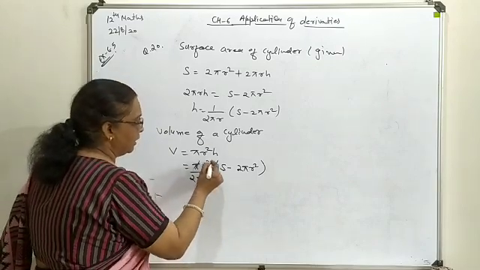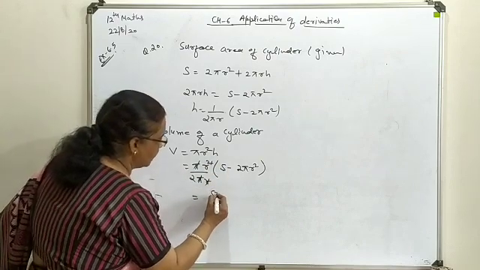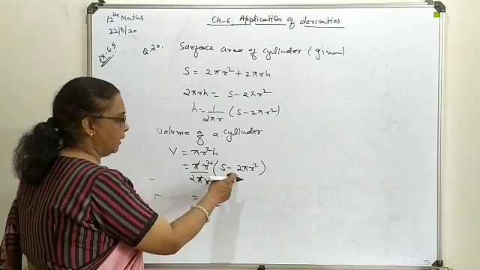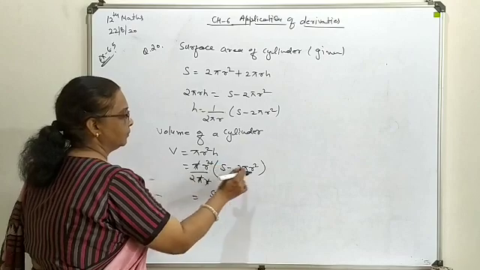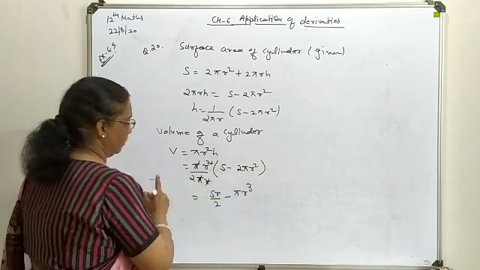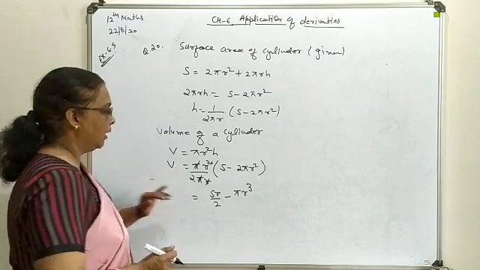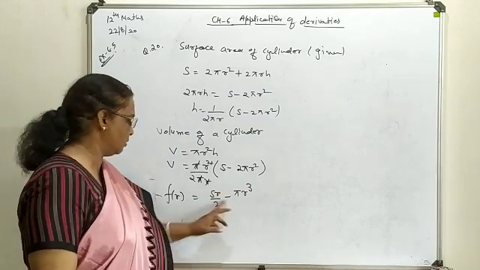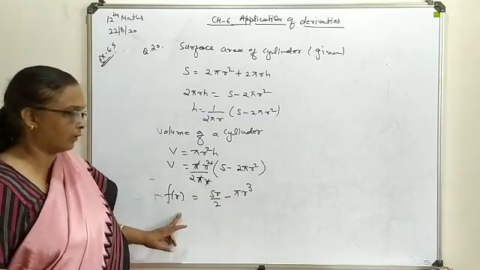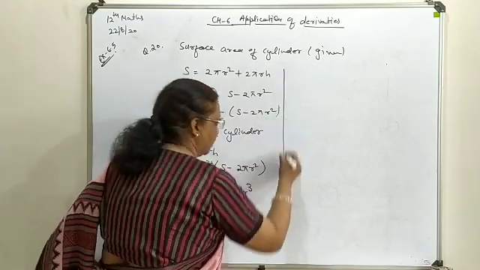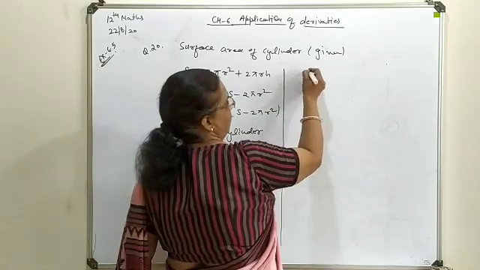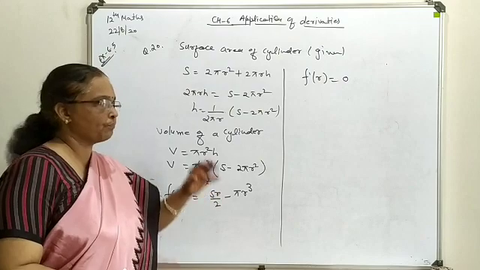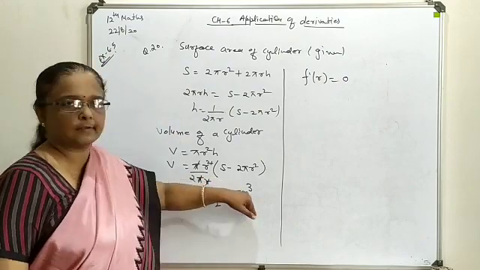Pi cancels, one r also cancels. So here you will have s r upon 2 minus, if you multiply, this 2 will cut, pi r cube. Here you can see the whole function will turn in the form of r only, so it can be considered as a function in terms of r. Now further find its first derivative. I am just telling you the method, please try to find it out. Find the first derivative, then equate it to 0. It will give you some relation in terms of s and r.